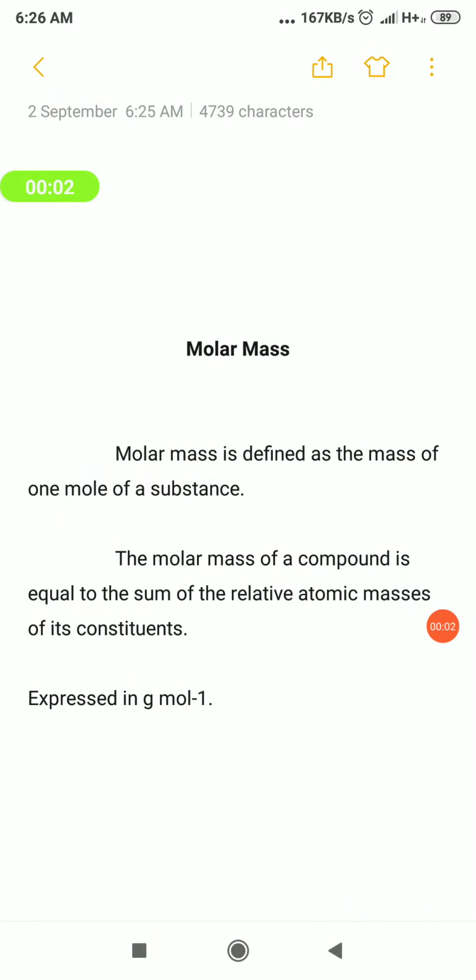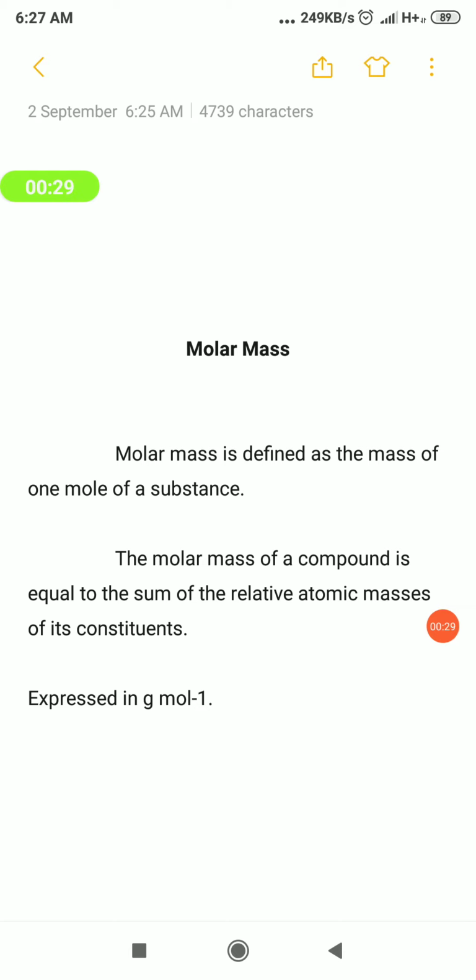Hello students, the next concept we are going to see in this 11th chemistry is molar mass. It's a very simple and easy concept. We know that every atom has a particular mass and it is called atomic mass. The atomic mass of hydrogen is 1, carbon is 12, and nitrogen is 14, and so on. By using the periodic table, we can refer to their atomic masses, isn't it?